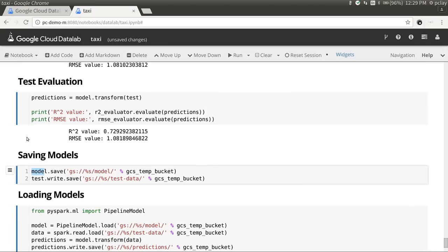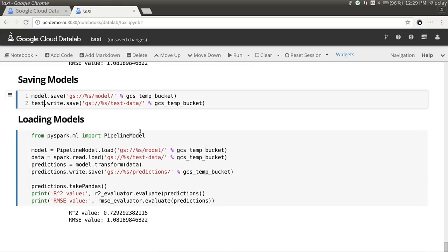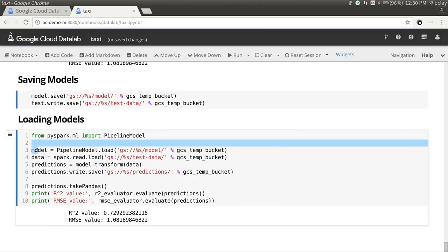It's the best model that that grid put out. And write it out to GCS, and take any data, but in this case our test data, write that also out to cloud storage. And then after tearing down our cluster, in another cluster a year from now, we can just load the model, load our data, run our predictions,